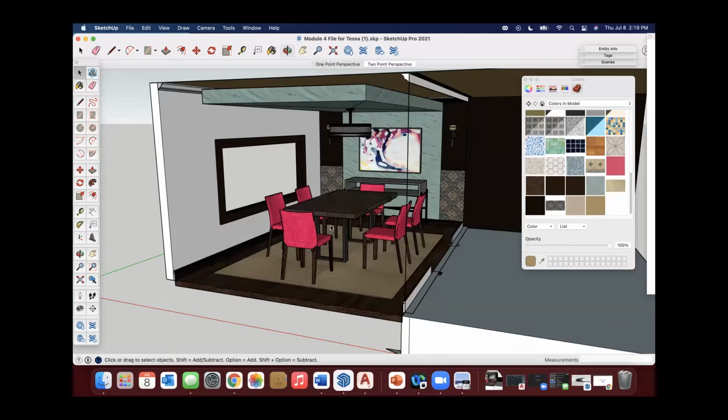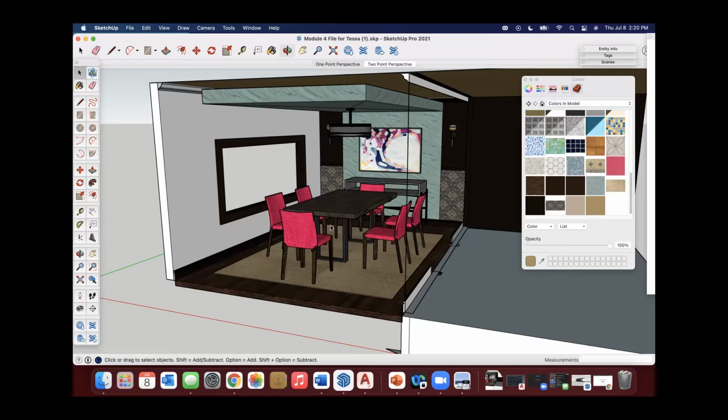Now, I really highly recommend not doing any of the additional entourage until you have finished creating your model and getting everything how you want, because you have to be careful, especially if your computer is not super powerful. Entourage and little decorative things can really make the size of your file grow, especially if you use items with lots of polygons, faces and sides. So you just want to be mindful and use them in appropriate ways.